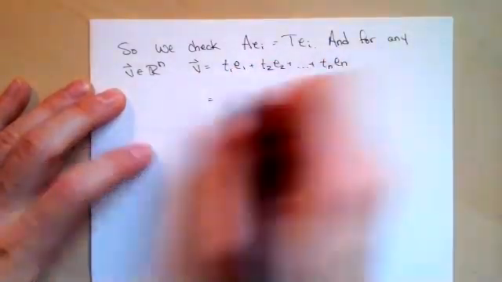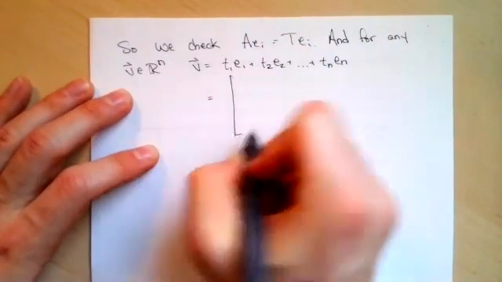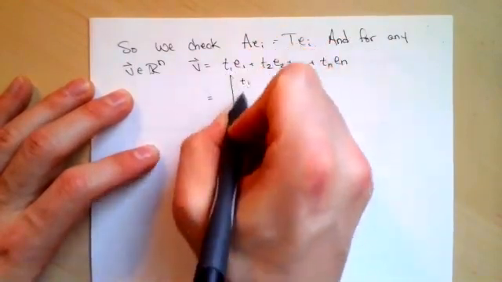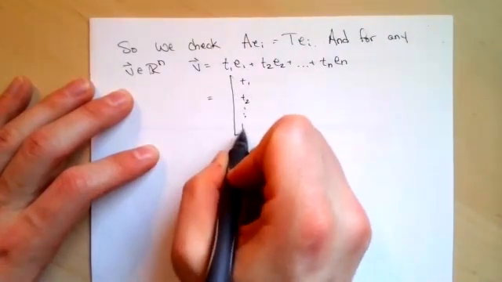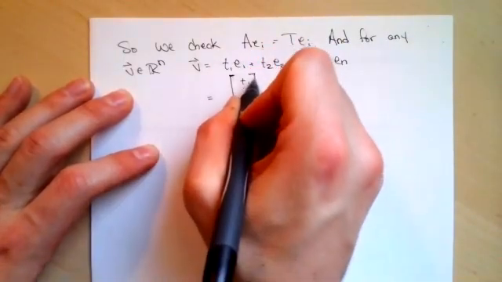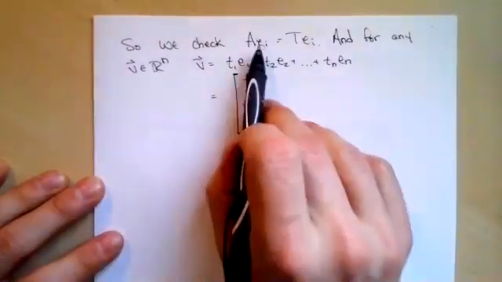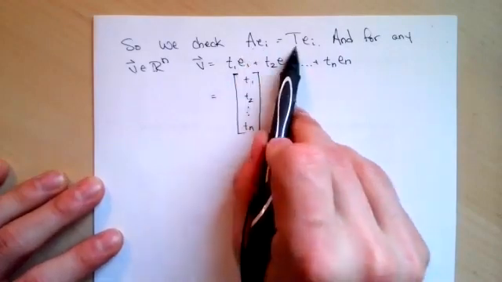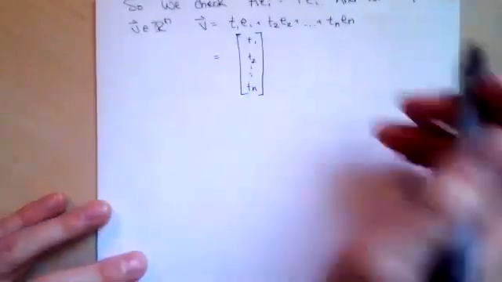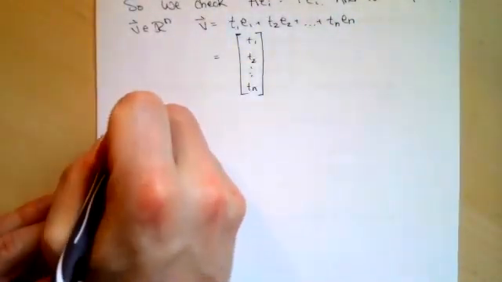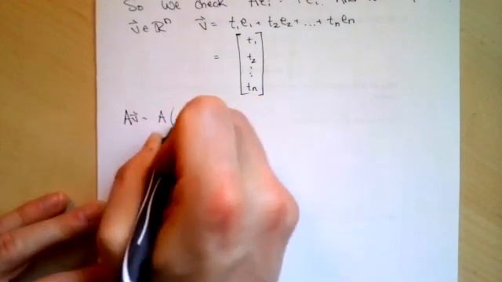In other words, this V, I started to use T's as scalars. If we were to write it in a column vector, of course, each of these scalars corresponds to the component in that respective position. And since both of these objects, both A and T, respect the process of linear combinations, I know that A acting on V is going to be A acting on that linear combination,